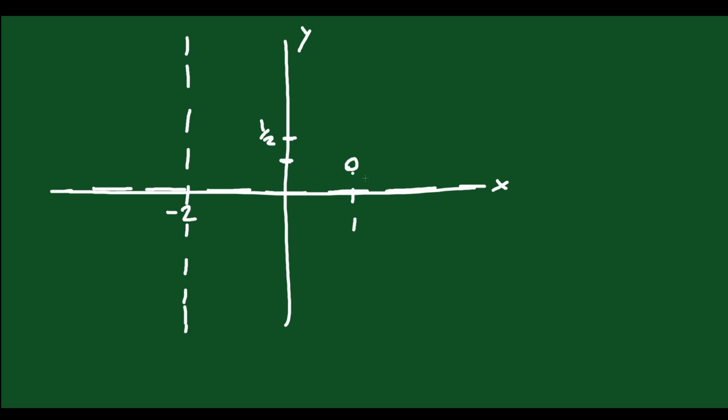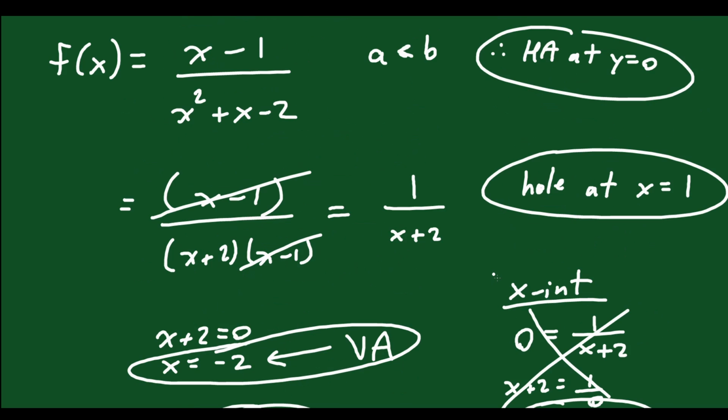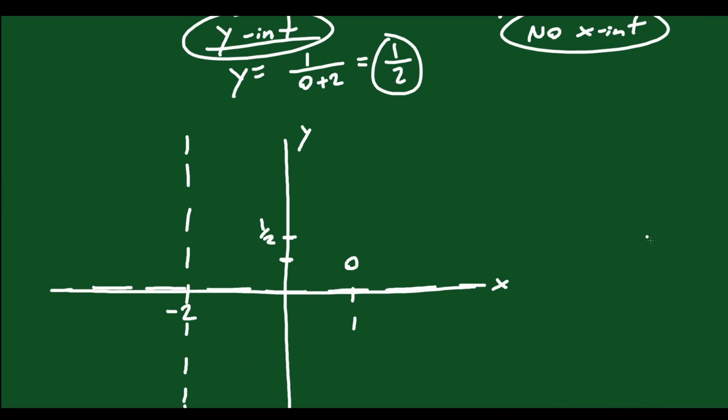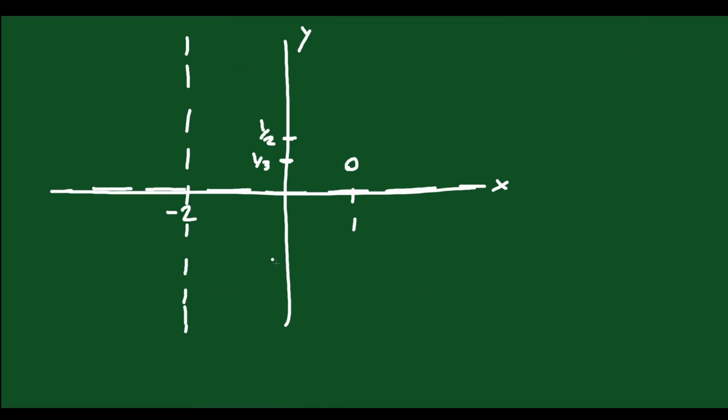You can figure out what the height of that hole is by plugging in the value of 1 into the function. So here, let me go back here. So we said the hole was at 1 because we solved for that bracket. But then if you plug 1 into this, 1 over 1 plus 2, that's equal to 1/3. That's the y value of where the hole is located, right? So that hole is at a height of 1/3. So you could label that on your graph as well if you want to be really accurate, right? So this is a point,